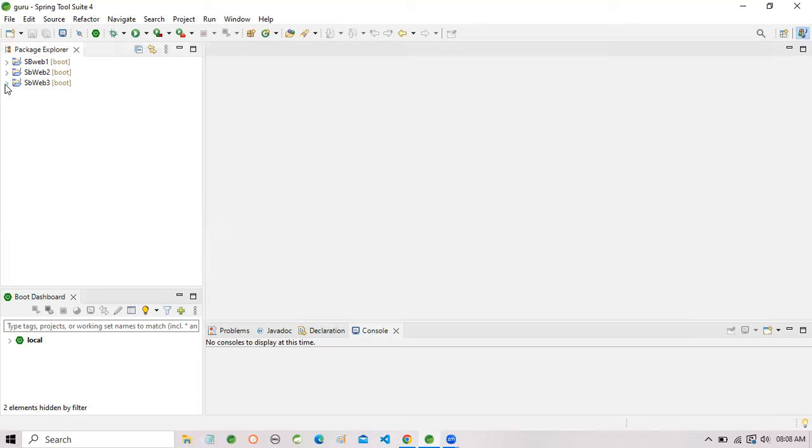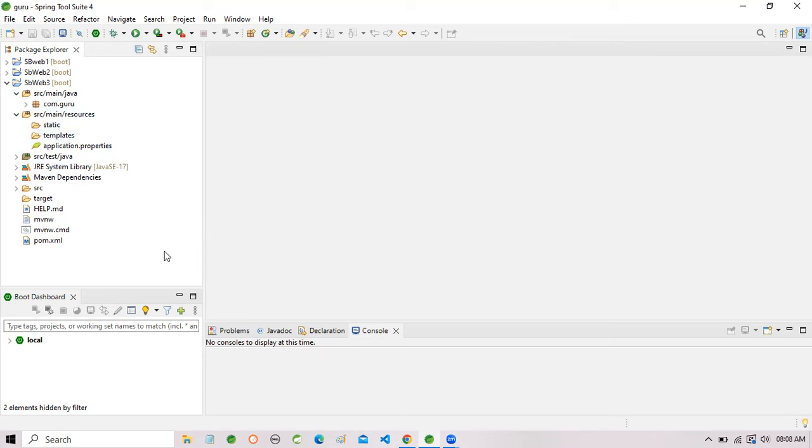Okay. So this is the Spring Web 3 project. This is the structure of a Spring Web 3 project. Here you will get two other folders, static and templates. If you want to create a front end on an HTML basis, we will click on templates. We can create HTML files in templates. And if you want to add some static content like CSS files or images, audio, video,